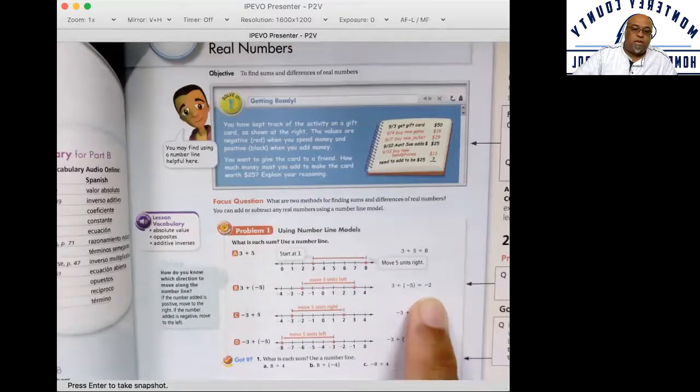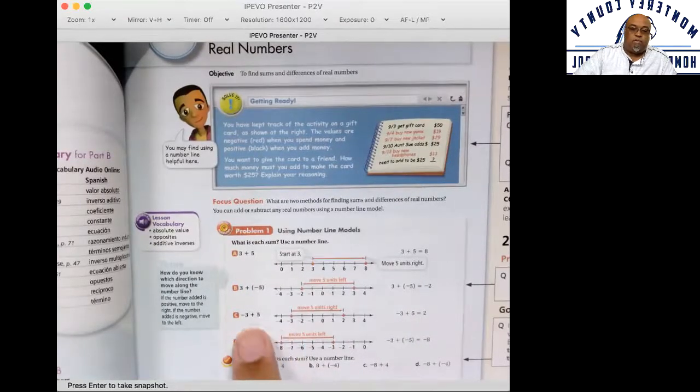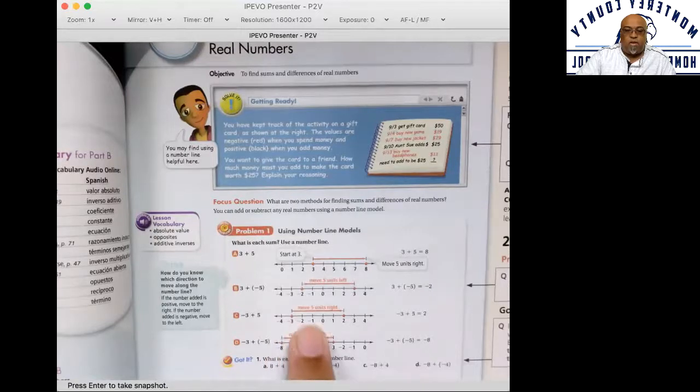Now, let's go ahead and take a look at the next numbers here. Negative 3 and positive 5. So negative 3 plus 5, we would start at negative 3, and then we would move up 5, and we end up at positive 2 as our answer. Okay? You can see this here in the answer section. Now the next one would be negative 3 plus negative 5. So I start at negative 3. Since I'm adding negative 5, then I go back 5 spots